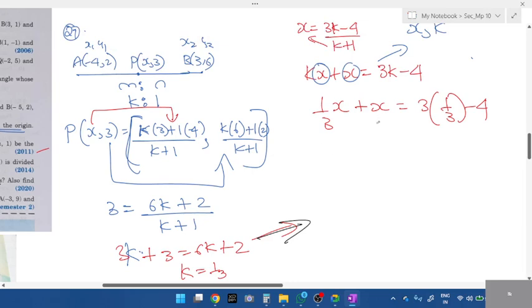If you have doubts, do it in another way, students. In a simple linear equation, you can solve in two methods. You should either shift it to the left hand side or right hand side. Okay, take LCM. What do you get? 3x plus 3x. And this side, what do you get? 1 minus. Very good. Shift this. x plus 3x is